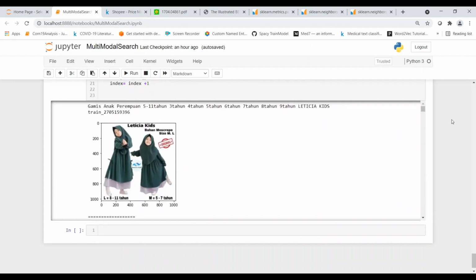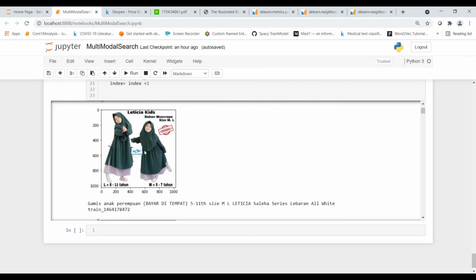So here, the test query is this thing. This is again showing as a train posting ID over here, because the train-test split was done on our train data. But this is unseen data. We are not using this data to build our joint embeddings. We are using this data to find out from our joint embeddings, from our database, which items are quite similar. So this is some kids dress or something like that. This is our input image and the text.